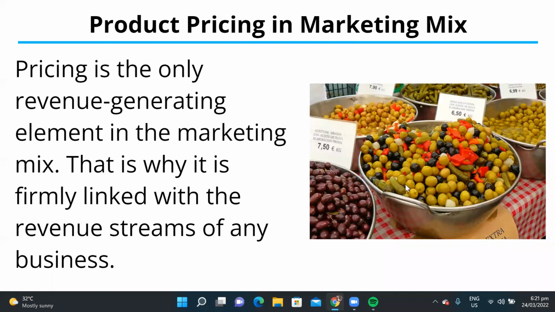Kapag walang presyo yung mga binibenta natin, we'll never know kung kumikita tayo. Hindi tayo makakagawa ng financial statements or we'll know kung kumikita ba tayo or nag-expand ba yung business natin. So, ang basehan yan is yung pricing.